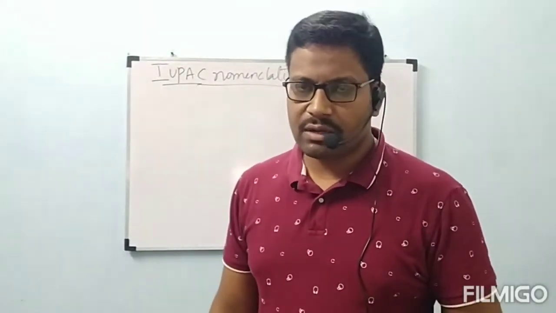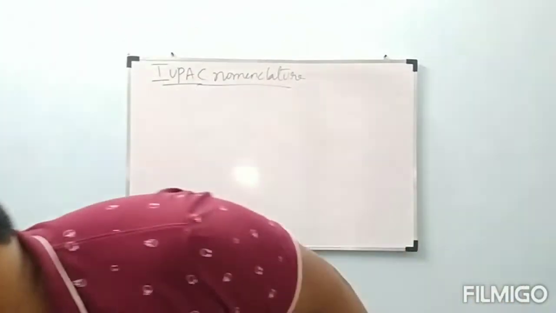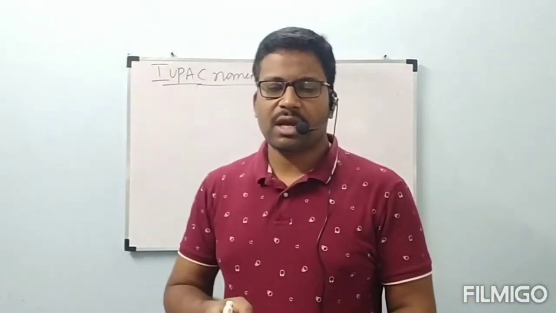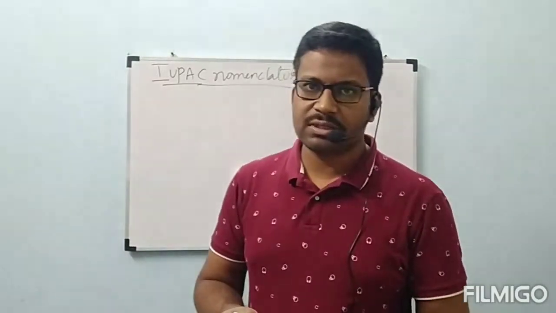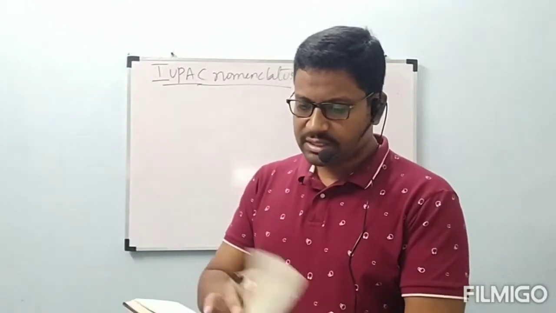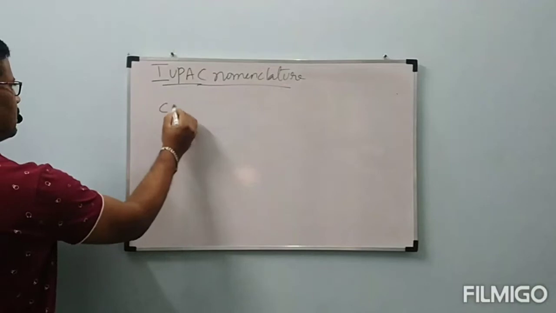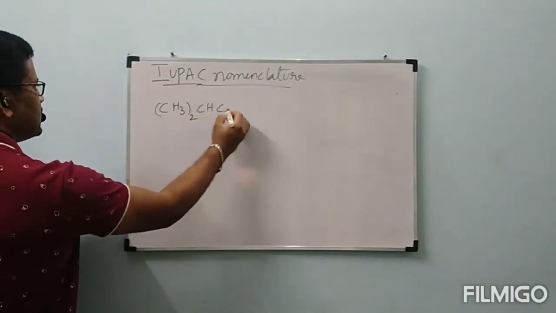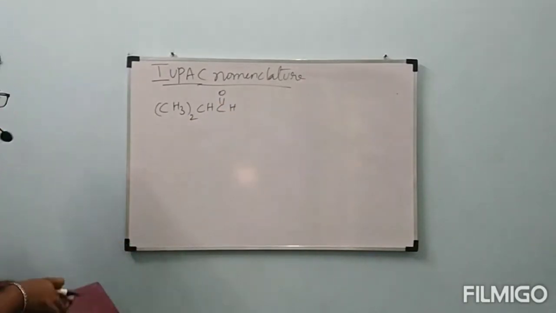Like that we already know how to give the names, but our textbook also has some tabular columns with examples. What examples do they give, and in what way can we write the formula? They give some simple compounds, and even somewhat complicated problems. Now let us see. First example: (CH3)2CHCHO. This is the compound they give.